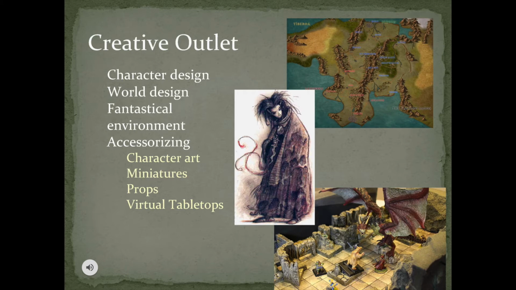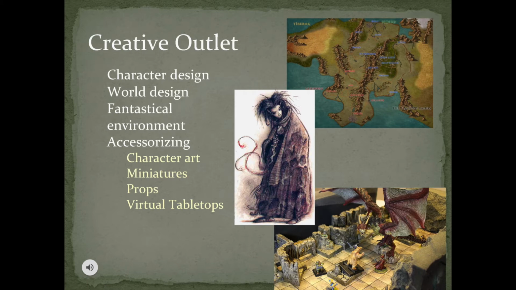Beyond that, you have props, which when you're at a table together, some GMs that are crafty like to actually sculpt or create items for their players to interact with. A common example, making a journal. Say your party is adventuring through a dwarven fortress, abandoned, and you find a notebook. The notebook might be in Dwarvish. The GM could give you that, and then it becomes a puzzle for your players to actually sort out from the physical object they're looking at what it might say and what clues it gives them about the dungeon. In this particular instance, that journal might in fact be the records of a dwarf that tried to reclaim a lost birthright, but died in the process, and this journal will tell the players a safe route to go through the dungeon. Stuff like that.